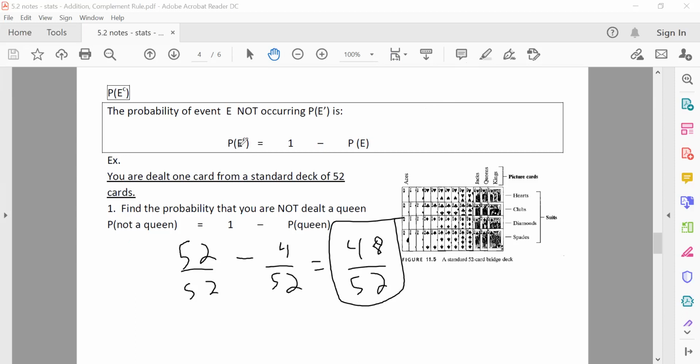So the complement rule here, very important rule in statistics. We're going to appeal to it a lot in order to solve certain complicated problems, if you go back to that housing unit example,